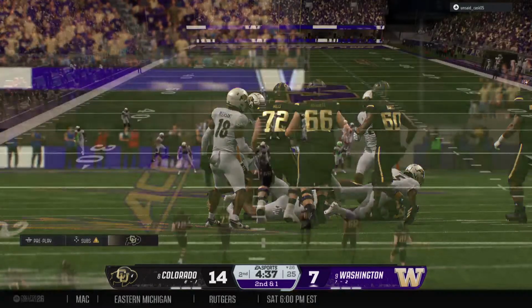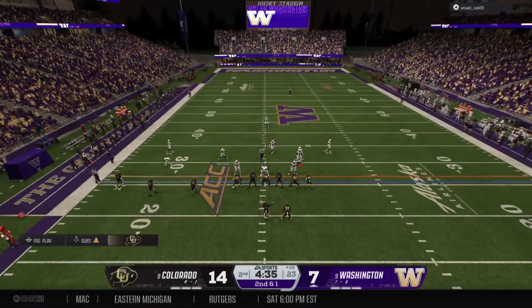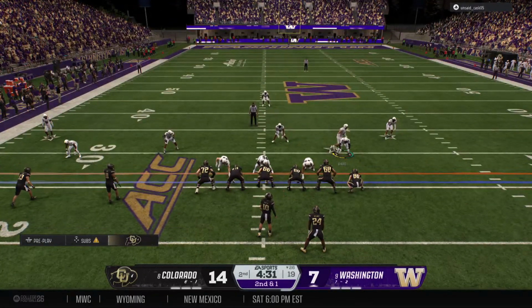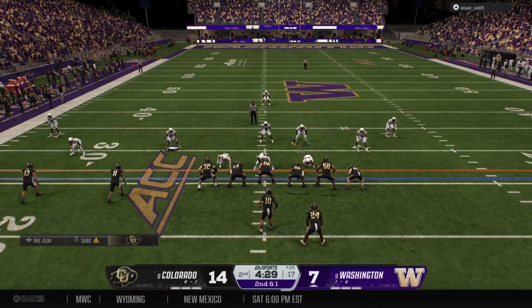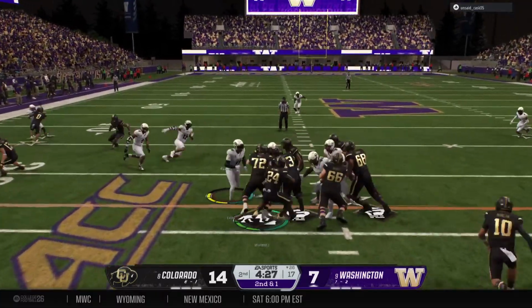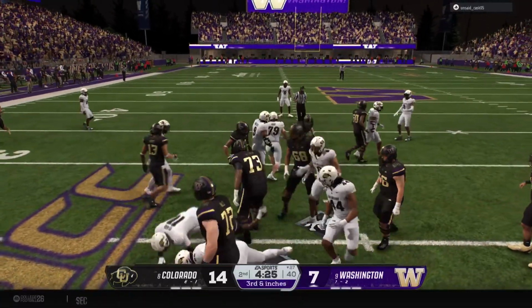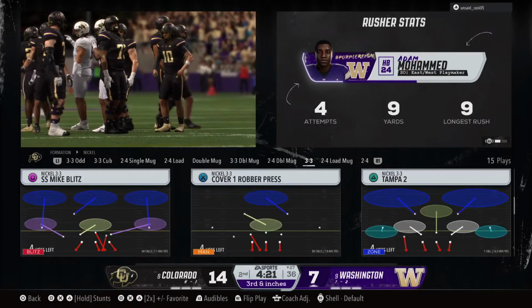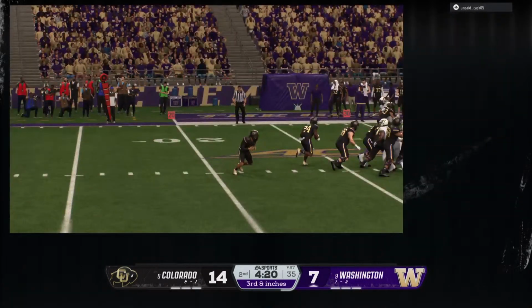Offenses, when they run these RPOs, they just want to be comfortable. The quarterback wants to make the read very easy, very clean. It's your job as a defense to create some confusion, speed up that process any way you can. A collision, and he's stopped at the 27 after picking up 1. And that was a nice 2nd down run, setting up 3rd and inches.